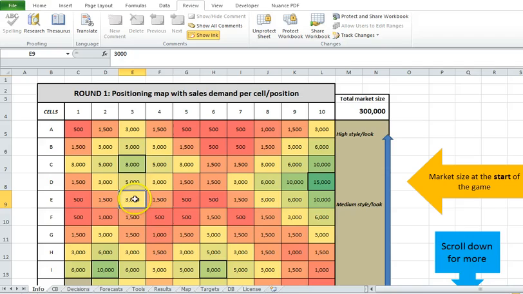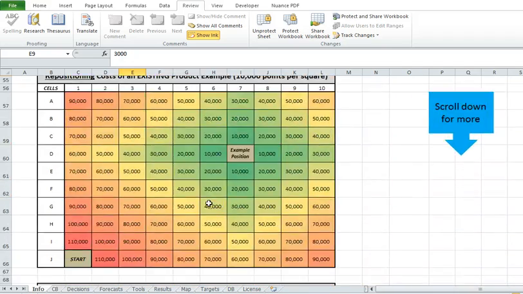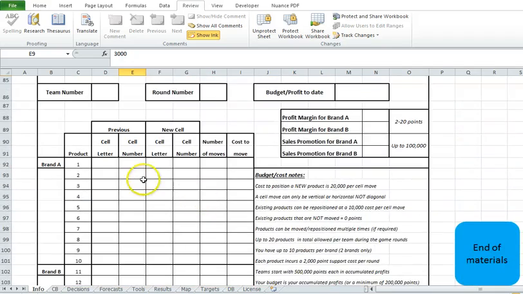This one here is E and 3. So that's all it is. You type in or write in on the sheet where you want to go, letter, number, how many moves that is, and it's a good idea just to keep track of your budget to make sure that you